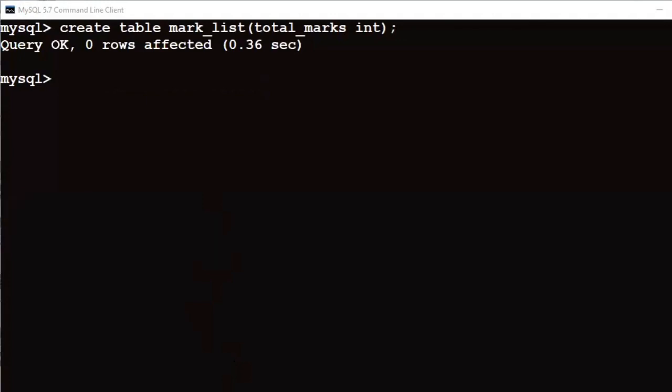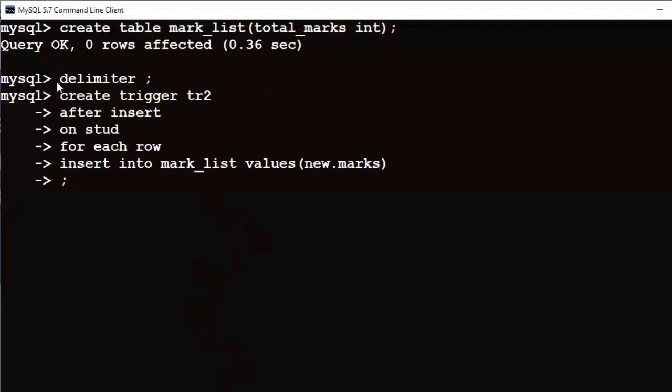This is for after insertion, that is the delimiter is again semicolon followed by create trigger tr2. This is for after insertion on table stud, for each row you need to insert an updated mark into the table mark underscore list. So the trigger is created.